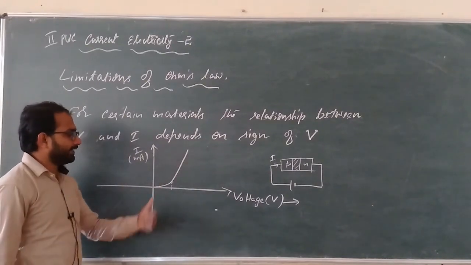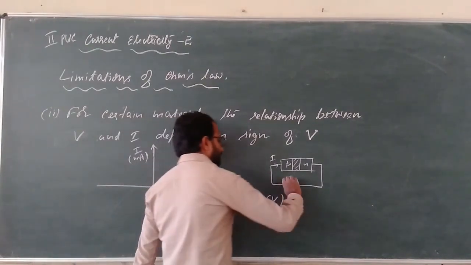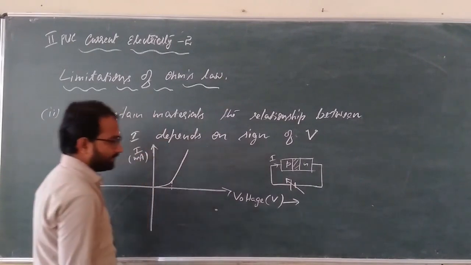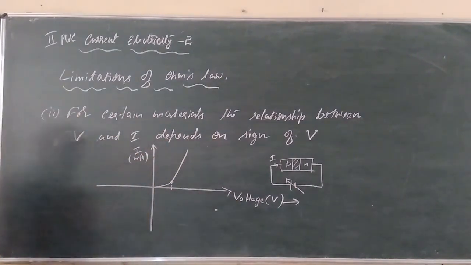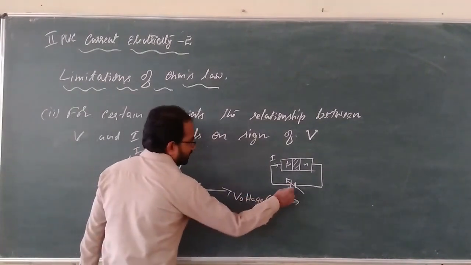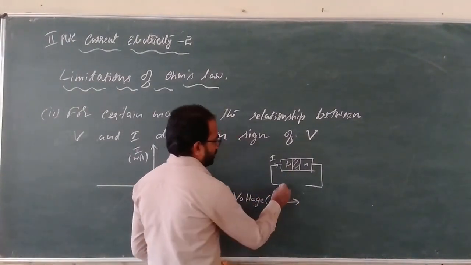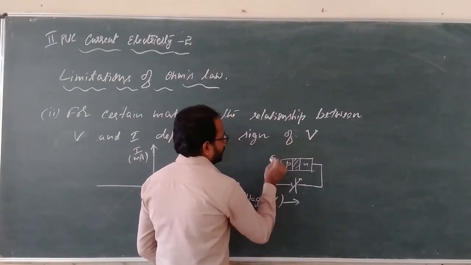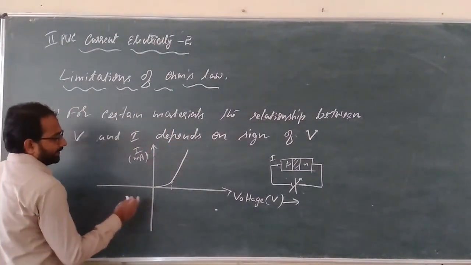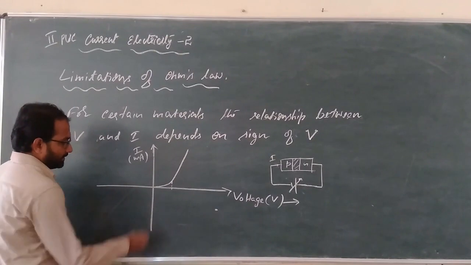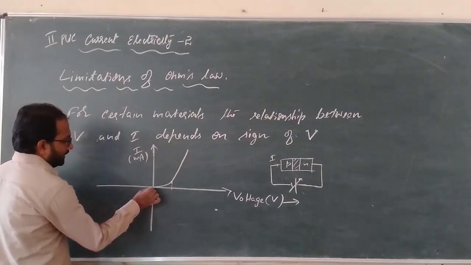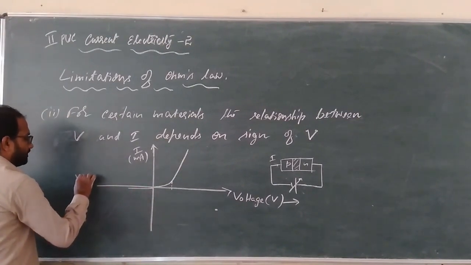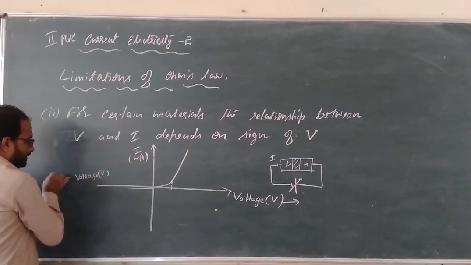Now, if you reverse the polarity of the voltage, keeping the magnitude of voltage fixed, say with a variable supply that can vary the voltage here, this is the symbol of a variable voltage supply, we will not get the same value of current as obtained for forward bias. In the case of the reverse bias condition, the current is due to minority charge carriers and it is very small. This is the reverse bias voltage, increasing in this particular direction.